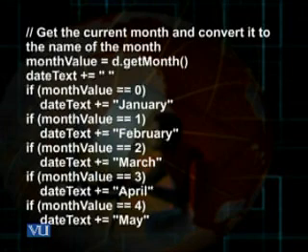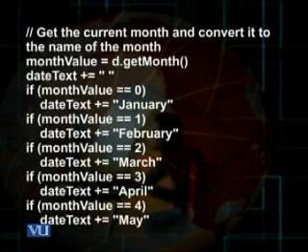Here the function name is getMonth. When I do d.getMonth, the browser knows that it has to return a value, a number, which would correspond to a month. Then date text plus equals, there is again an empty space, which means that plus equals would mean that whatever is written in this variable, date text, that should be continued with a blank space, and after that blank space, the name of the month would appear.